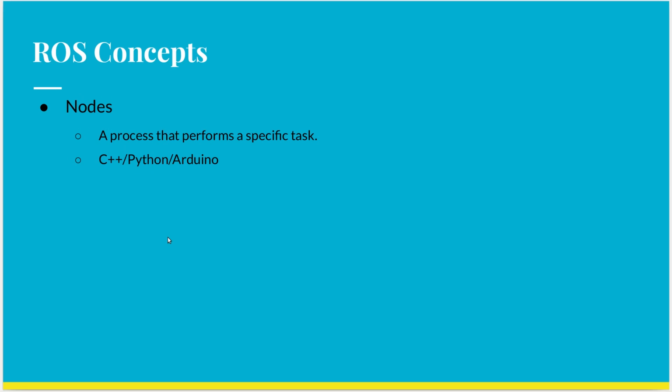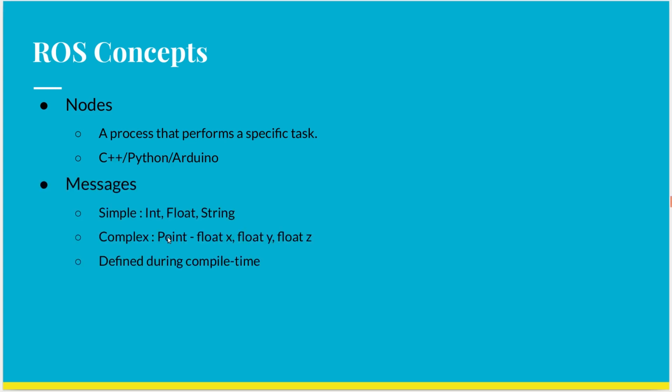So any ROS based software is basically a set of different nodes that perform specific tasks and talk to each other by passing around messages. That brings us to the second concept, ROS messages. A ROS message is basically a data structure with different data types and its corresponding data. The data type can either be simple ones like integer, floating point, or strings, or they can be a combination of simple types, similar to how structs are used in the C programming language. A ROS message should be defined before compiling a ROS project. We will actually see how to define a ROS message in the upcoming slides.